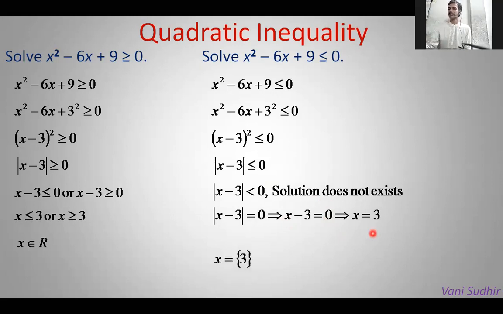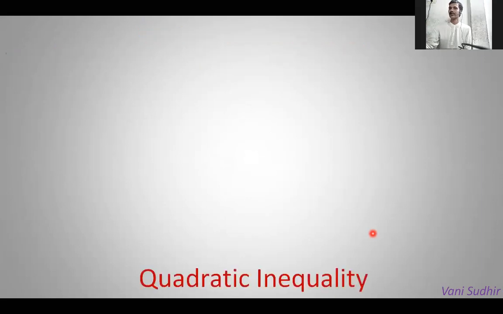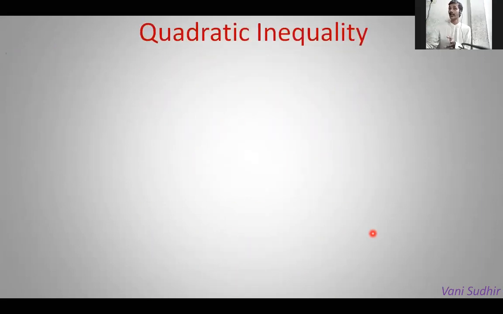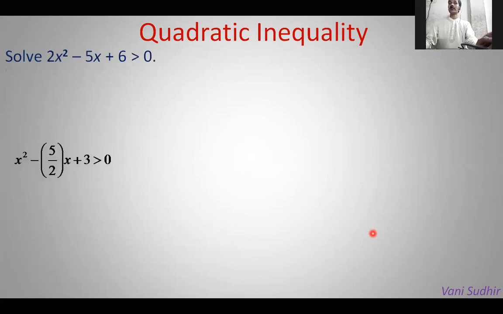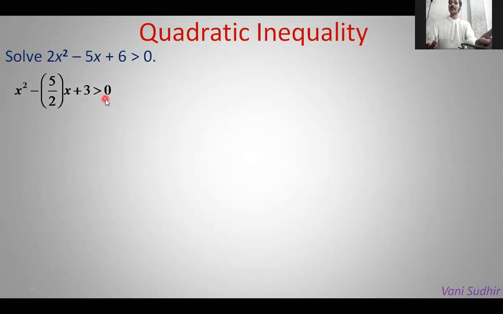See here. Similarly, if a quadratic inequality has no zeros, what do we do? How to solve such quadratic inequalities? We'll see. Here, first the x square coefficient should be 1. So we have divided both sides by 2. The inequality sign will remain the same. Dividing 5 by 2, 5 by 2. 6 if you divide by 2, you'll get 3. Plus 3, how to transpose to that side? Minus 3.